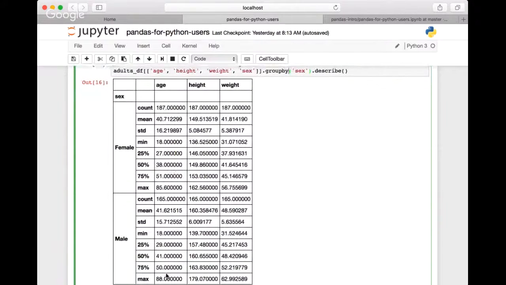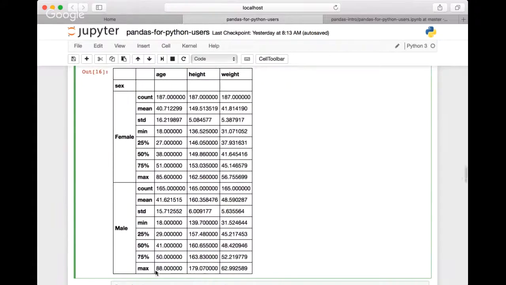It's 38. Median age among men is 41. Okay, so that's pretty close. Median height among women is 149, 150 centimeters, let's say. And among men, it's 160 centimeters. So now you're starting to see that there's actually a real difference in the data when you look at